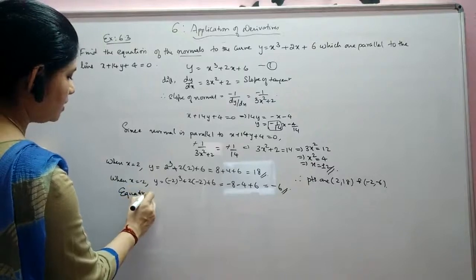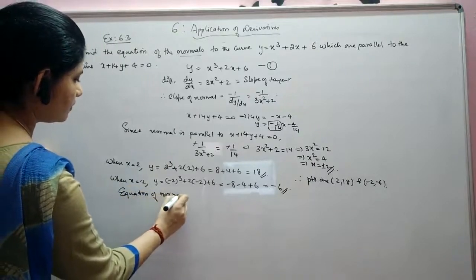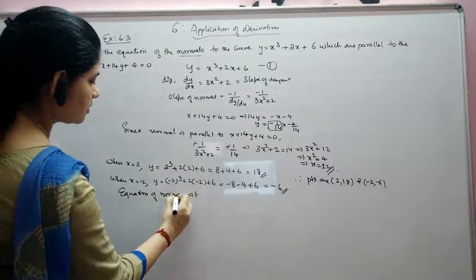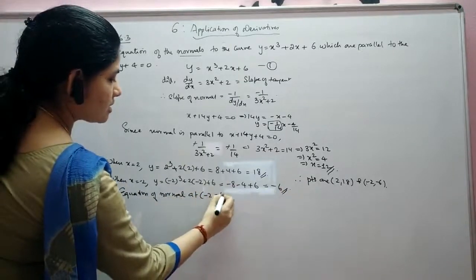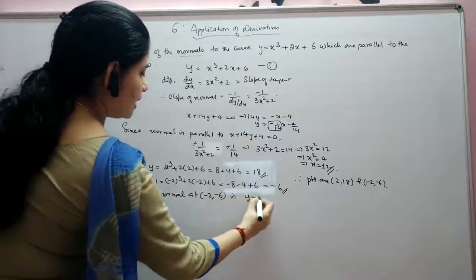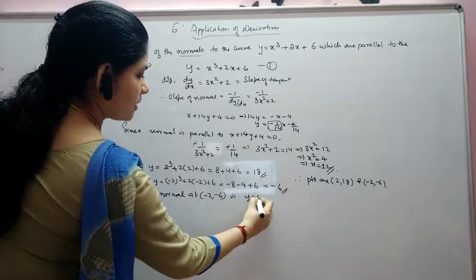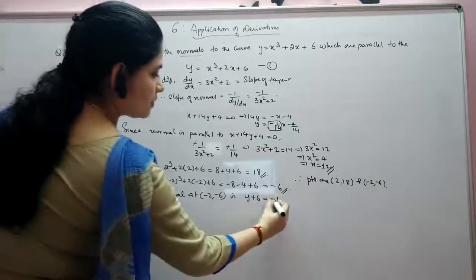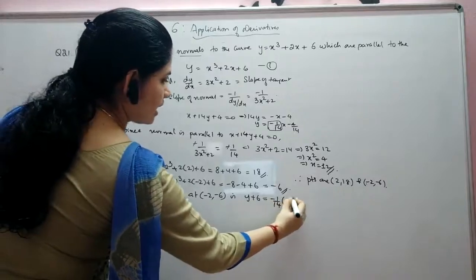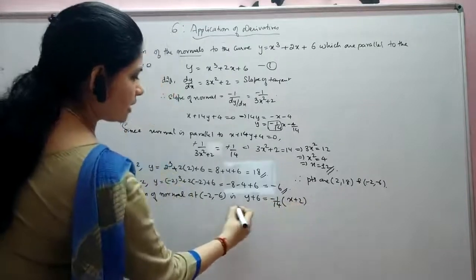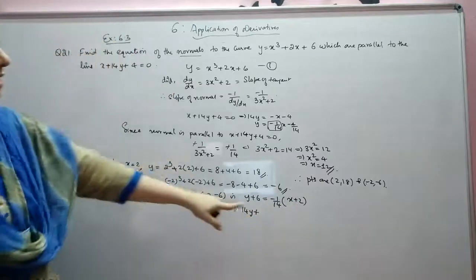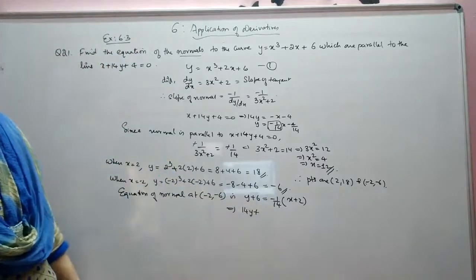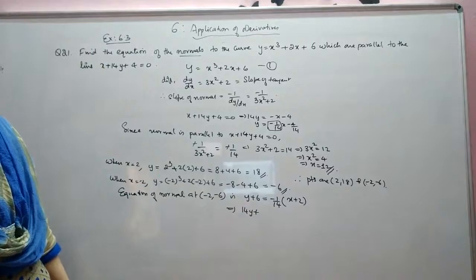Equation of the normal at the point minus 2 comma minus 6: y minus y naught, y naught is minus 6, so y plus 6 is equal to minus 1 by 14 into x minus minus 2, that is x plus 2. So here you will get 14y plus, 14 into 6 will give you how much? 84